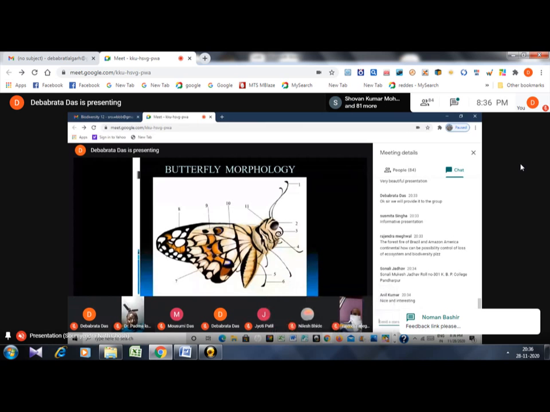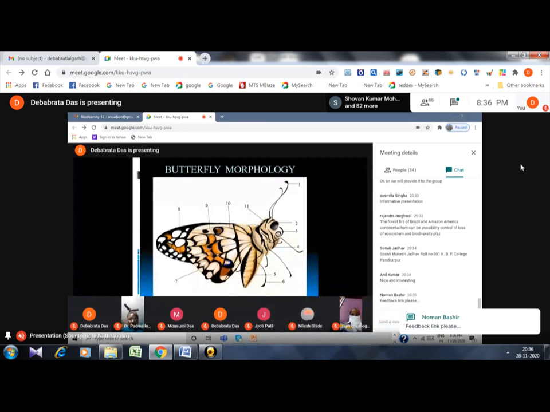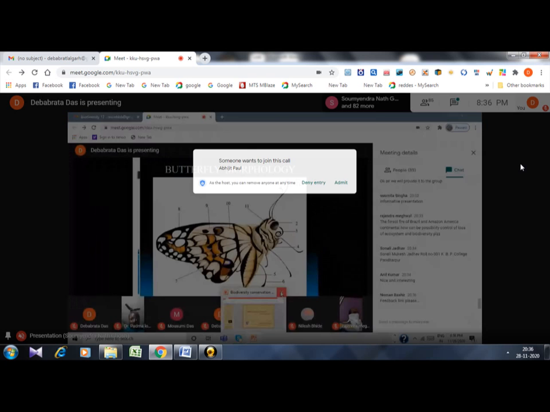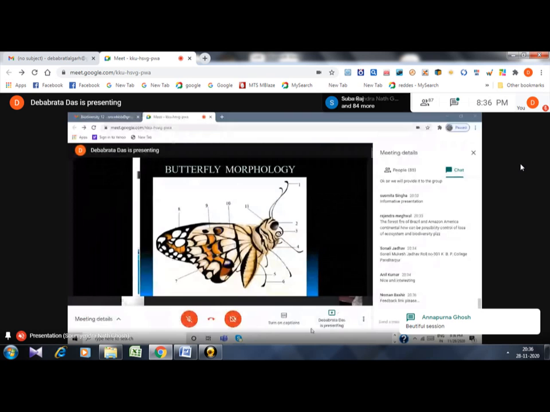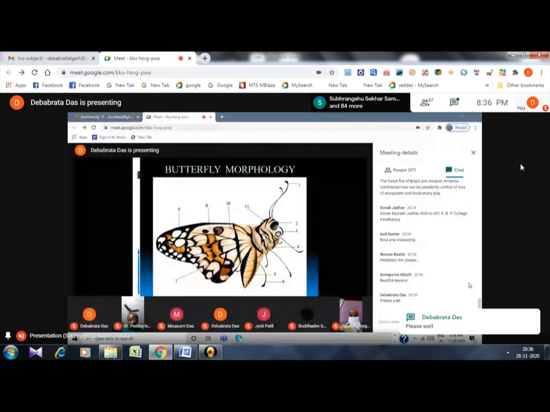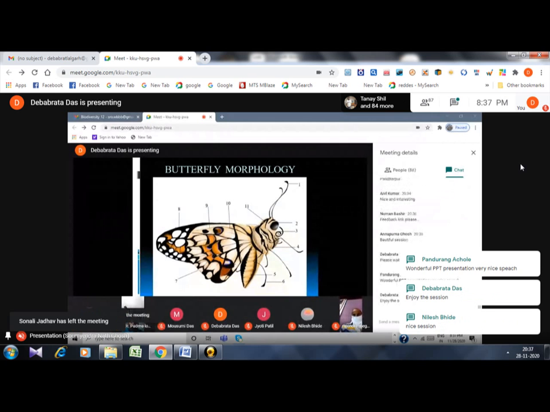The part that is number 1 is the antenna. These two small wire-like structures are used for detecting smell and for sense of balance. A butterfly doesn't have a nose. You can see a coiled structure labeled number 3. That is not the nose, that is the proboscis. So how will it smell? How will it breathe? It uses the antenna for smelling, but breathing is a different mechanism. I will tell you that later. So the antenna is used for detecting smells and for balancing.